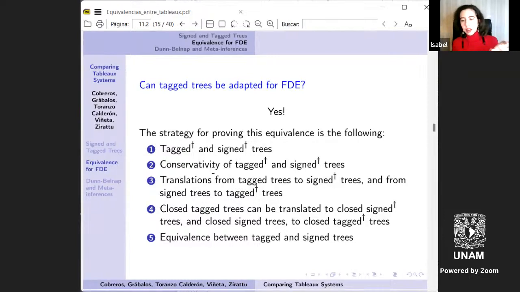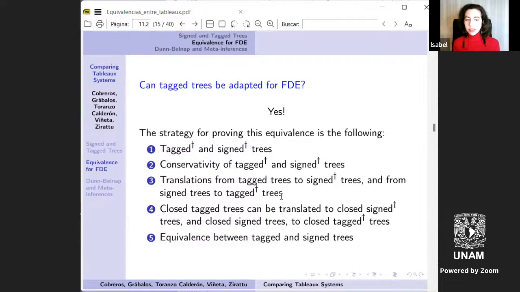And then the other direction will be a mirror proof of it, almost the same, but if we get the gist of it, it's easy to see how it would work. We would see how tagged dagger and signed dagger are equivalent to regular tagged systems and regular signed systems. And then we see the translations of the whole trees